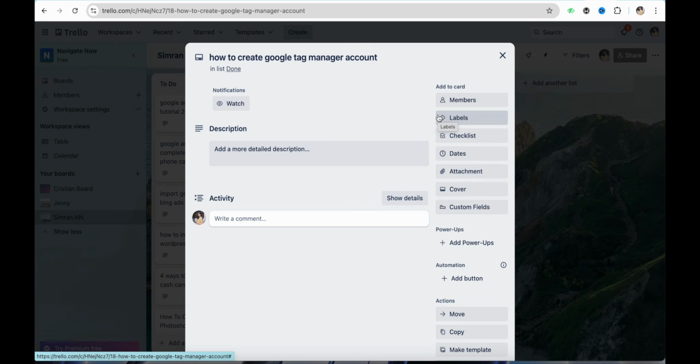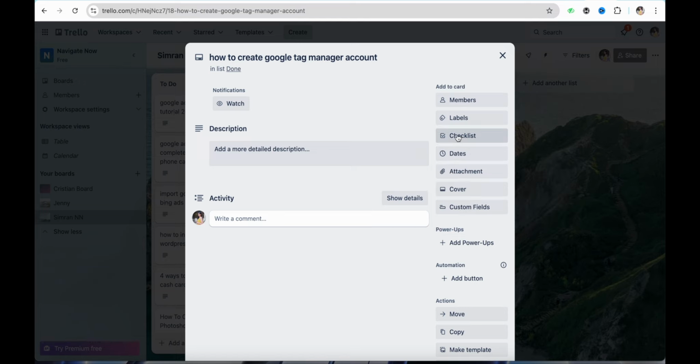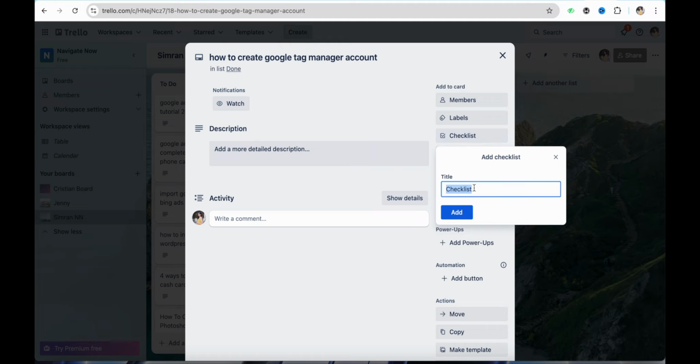in my board. So just simply open the card where you want to add checklist, and at the right hand side menu you will be able to see the option called checklist. Just simply click on it, and now you just have to name or give the title for the particular checklist that you would want to create. So for example, I want to create a checklist for my daily routine, and after that just simply click on